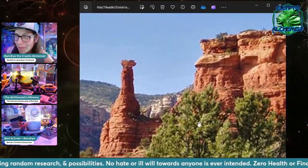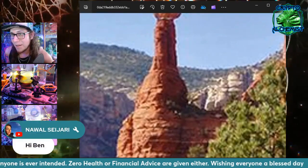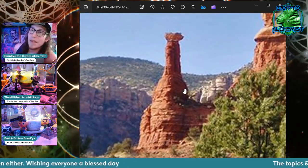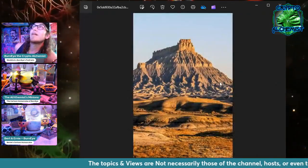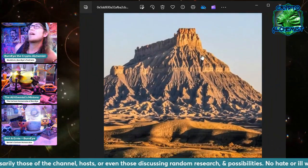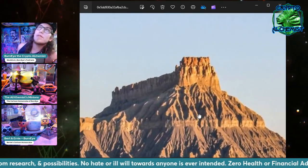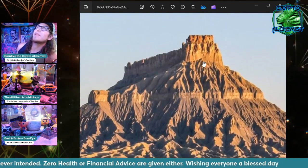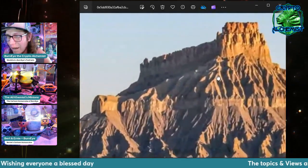And now hopping back to the Americas, and throughout the Badlands of North America, Central America, South America, there are very, very suspect sites, and the most famous being the Grand Canyon temple complexes and pyramids. We will be having a look at some of them. This one, I am not sure, maybe Arizona or Utah here, but again, I believe Utah, maybe Monument National Park, if that's correct, maybe New Mexico, but I believe this one's called Factory Butte, if I'm correct. And well, it does look like a giant factory or castle